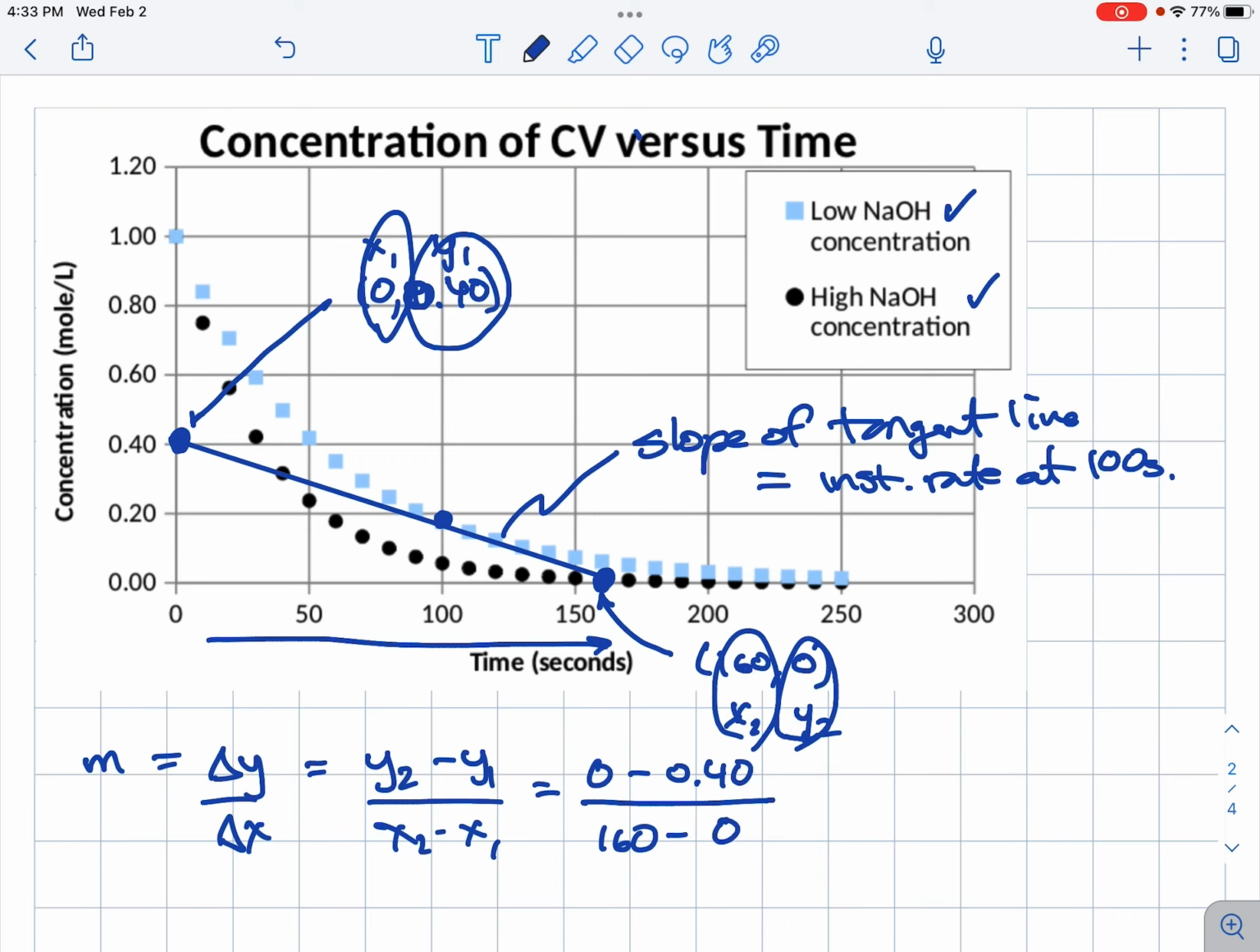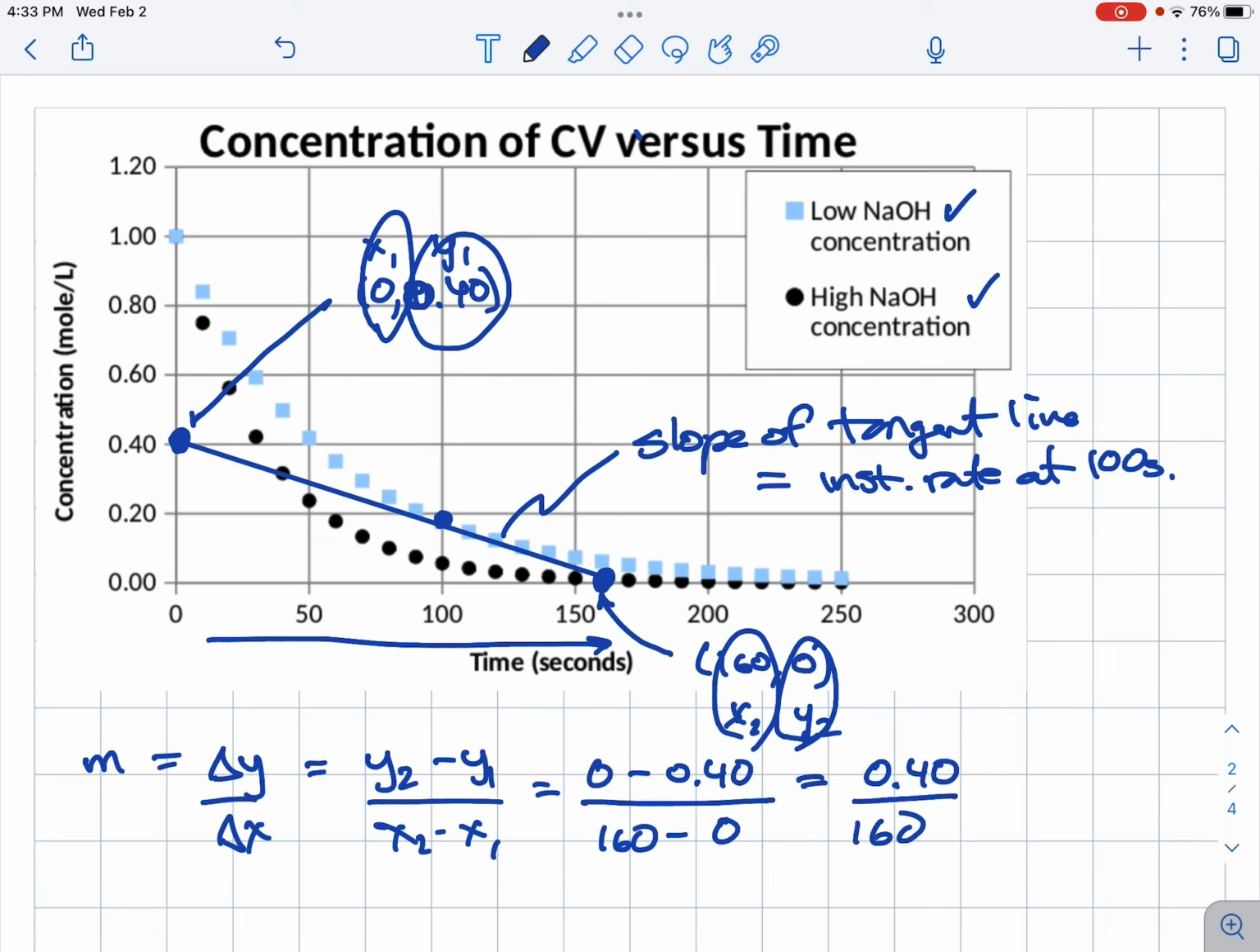Oh, and I made a mistake here, by the way. This is a downward sloping line, so this is going to give us a negative number, but we're going to flip that into a positive number. Actually, we'll do that here in just a second. Okay, so this is going to be 0.40